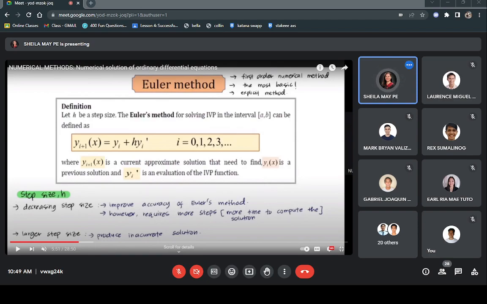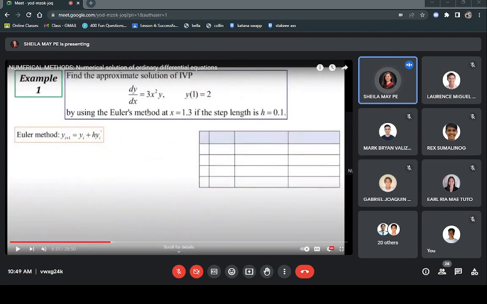And for Euler's method, class, the main equation or formula is y sub i plus 1 of x is just equal to y sub i plus h times y sub i prime, wherein our i runs from 0, 1, 2, 3, and so on and so forth. Now, to solve an example, okay, we have here, find the approximate solution of our